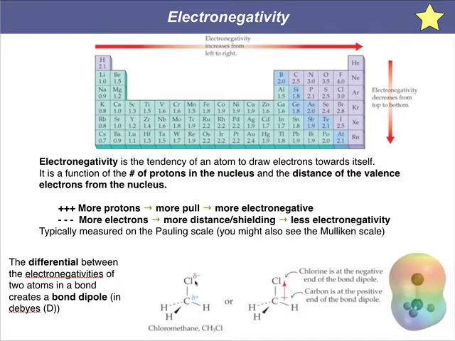So there's going to be a partial negative charge on chlorine. There's going to be more electron density over by the chlorine and less electron density over by the carbon. So we say this is delta negative and this is delta positive, okay? And we can represent that differential with this dipole symbol. It's an arrow that says the direction that the electrons are being pulled, from the carbon to the chlorine. And then at the tail of the arrow, we put a plus sign to indicate that the positive end is